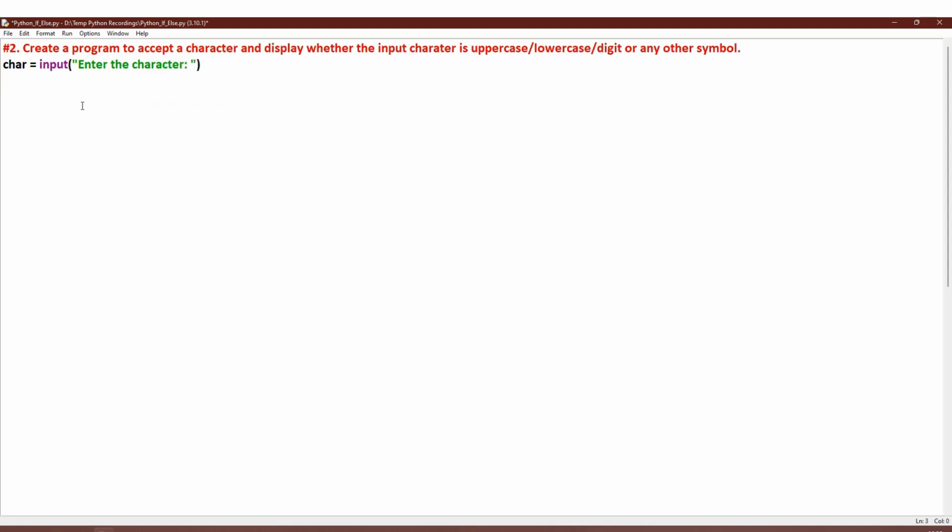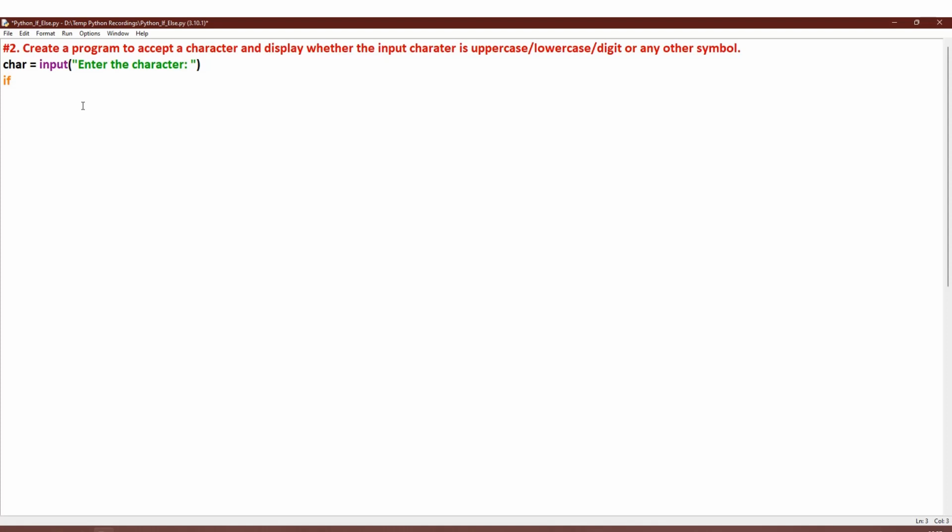How do we check whether it is uppercase, lowercase, digit or symbol? We can take the help of ASCII values. If lowercase, the ASCII value will be from 97 to 122, we know this. Similarly, if it is uppercase, 65 to 90. If it is a digit, 48 to 57. So let us use this and check in the conditions.